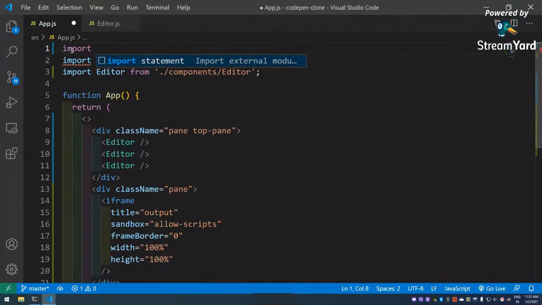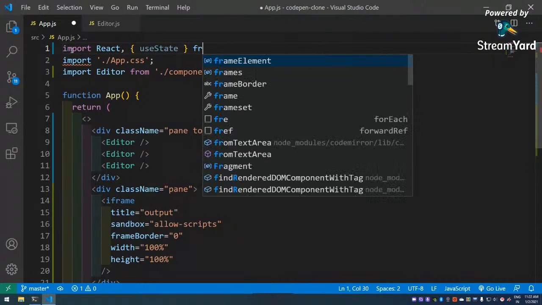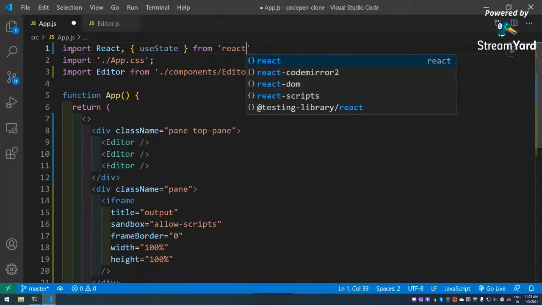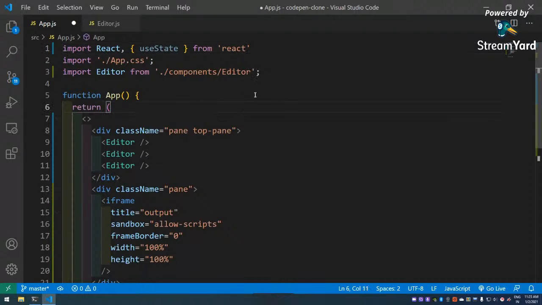Import React, useState from React. Okay, and then the editor is already there, components editor, and then we'll have these three useStates: